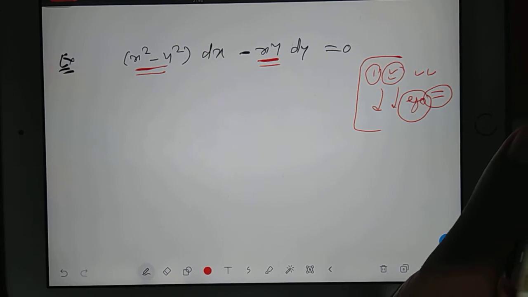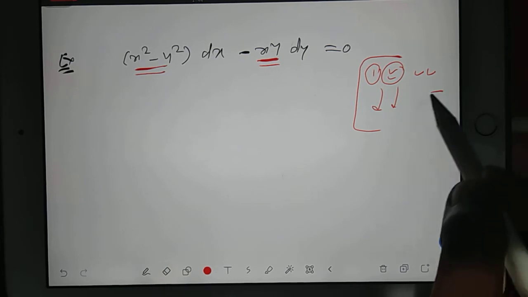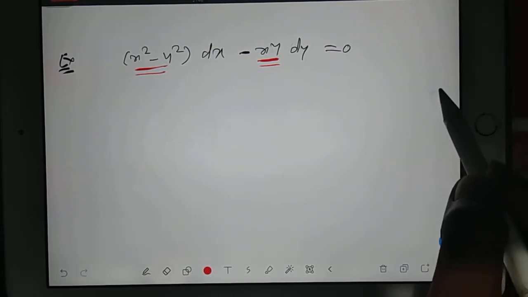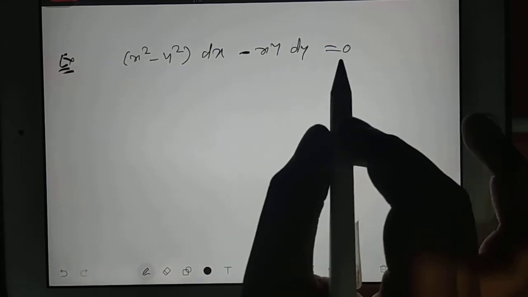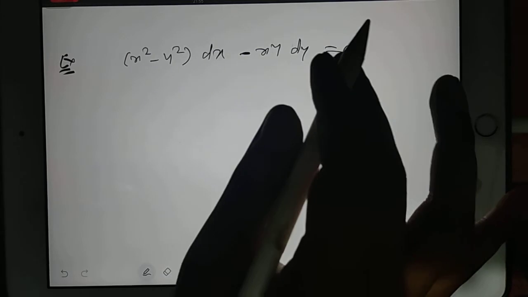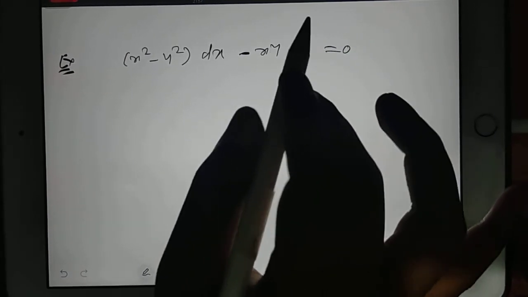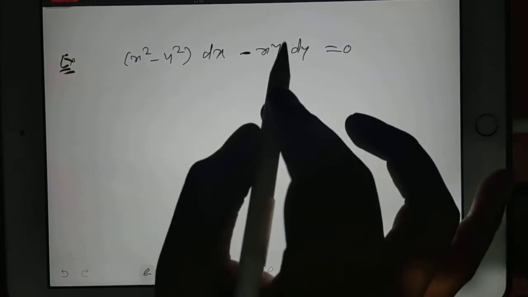It is good for you, you'll be getting better practice. But that practice has no sense, because some questions are made to be solved easily for the purpose of understanding this particular method, the homogeneous equation. So the first thing you should know is that we are still first degree first order. How will you judge we are in first degree first order? It should look like that.